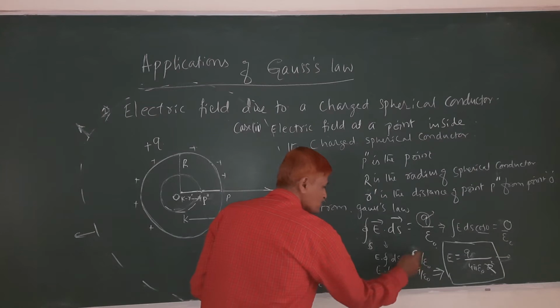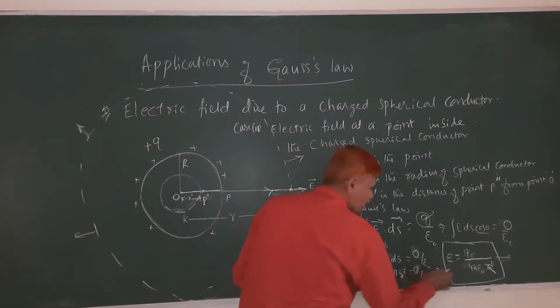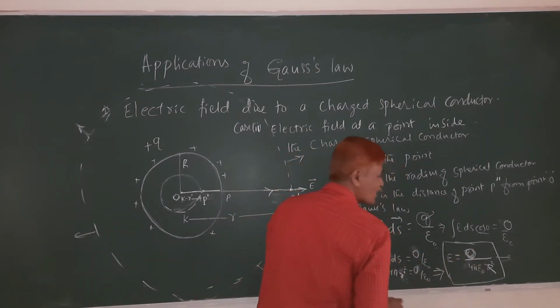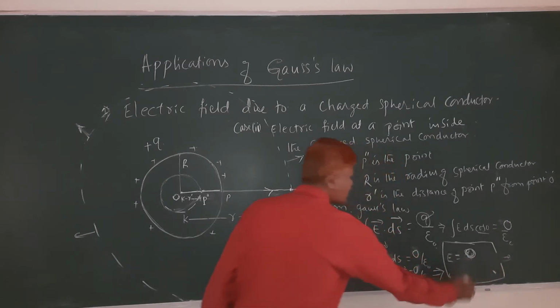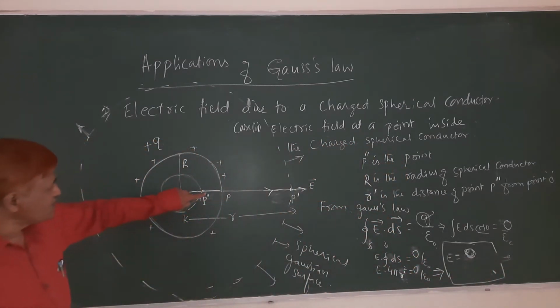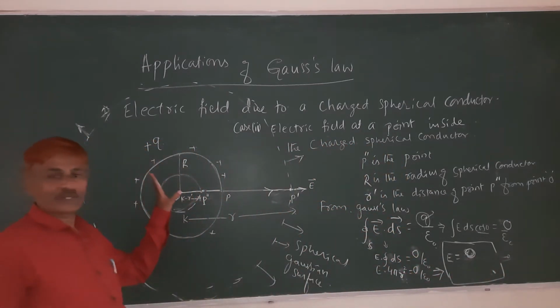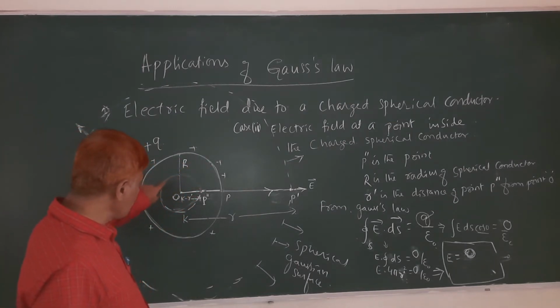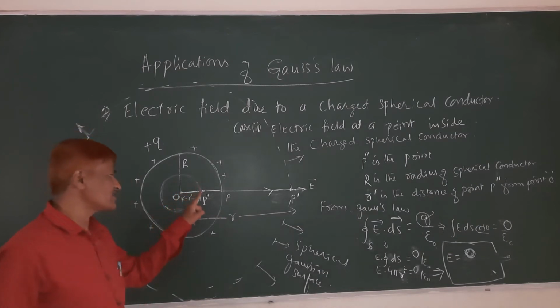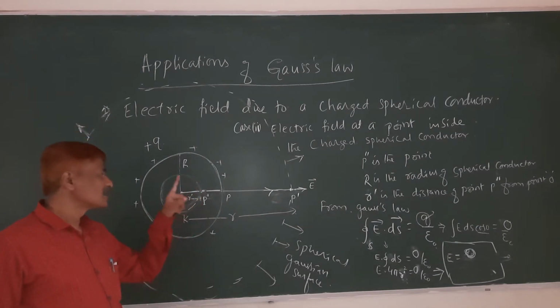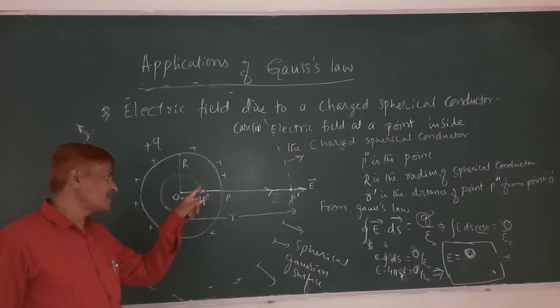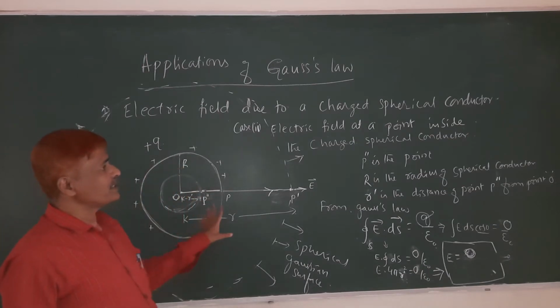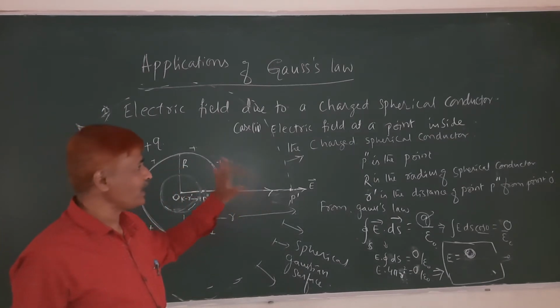This also becomes 0. So ultimately E is equal to 0 inside the charged spherical conductor. Why is it 0? Because no charges are enclosed by this Gaussian surface. For that reason, the electric field inside the charged sphere is 0. Okay, that's